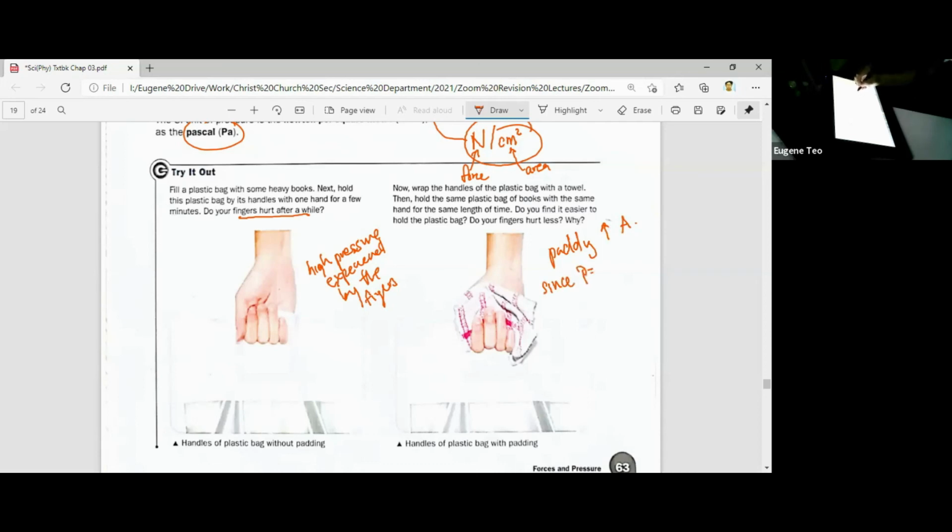So since pressure equals force over area, force is constant because this is the weight of the bag. But area increases, therefore pressure exerted on the fingers is lesser. So if there's lesser pressure exerted on a finger by the plastic bag, definitely it wouldn't hurt that